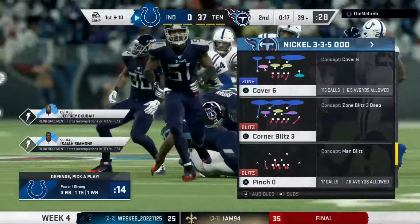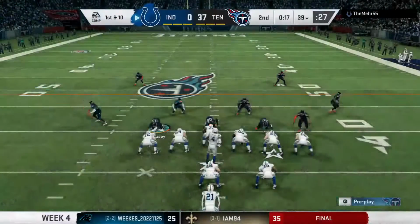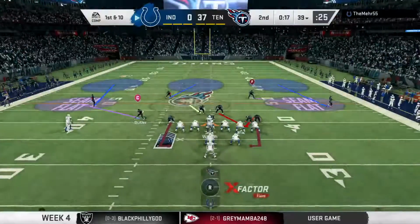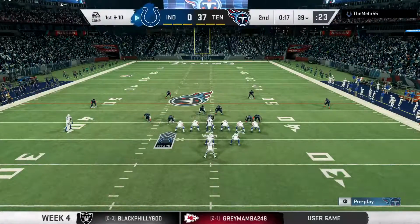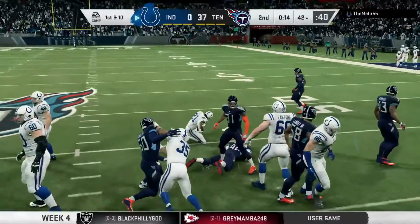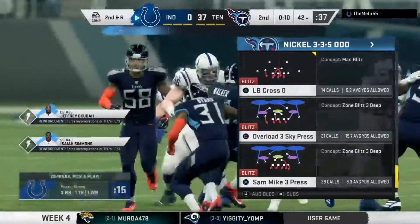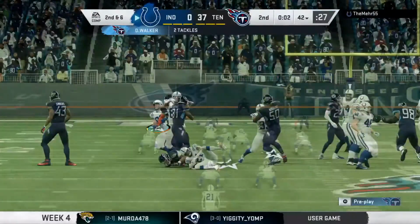The Colts come to the line ready to start their next drive. With time quickly fading here in the second quarter, not sure how aggressively, offensively, they want to play this. I think we'll find out just how much they trust their guys in this situation if they decide to take